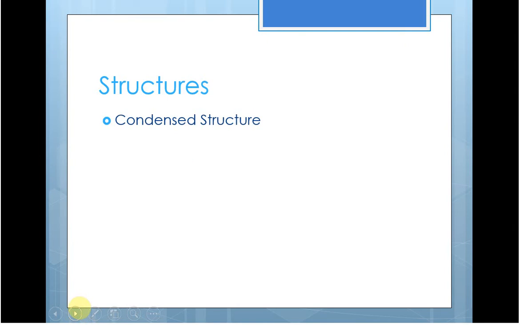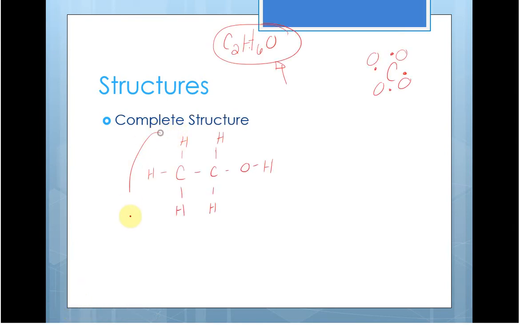If we wanted to condense it a little bit, the way that we're going to do it is it's really hard to write this. It takes up a lot of room. You can't write it on your paper just right. And really, these bonds can be simplified. So we could write the condensed structure